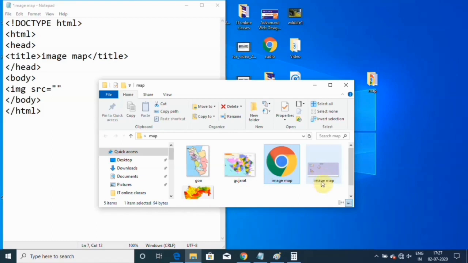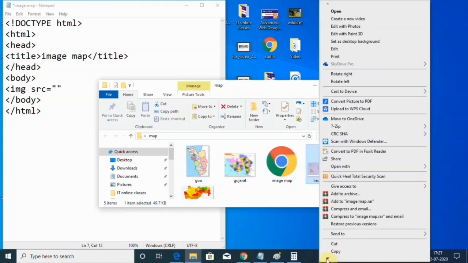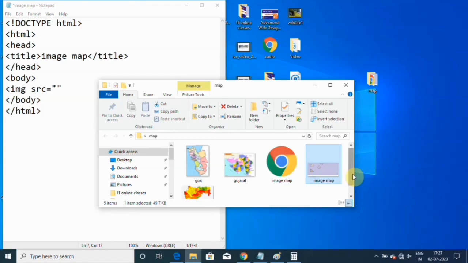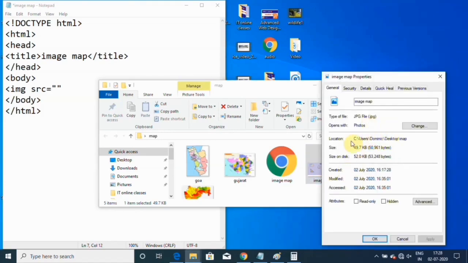Now here this is the image map file, so you can right click on this and go to the properties and see the path of this image. The path of the image is c:user Dominic desktop map. If you are working in the same folder, then there is no need to take the path, you can take directly the name of the image. So copy this image name